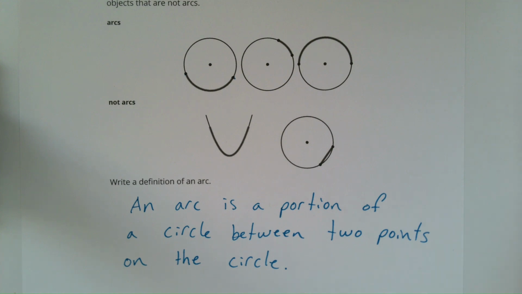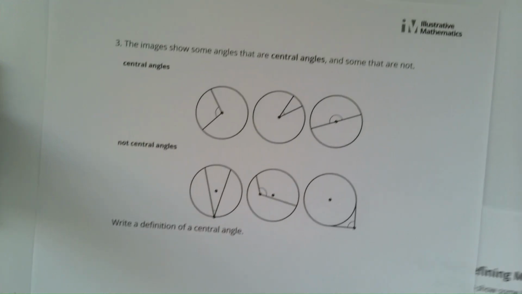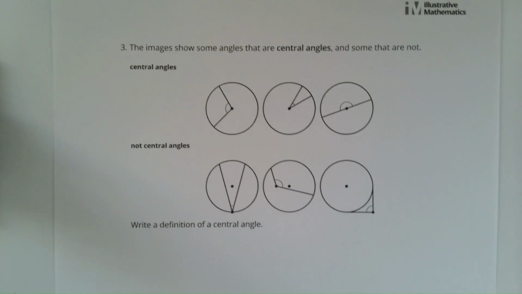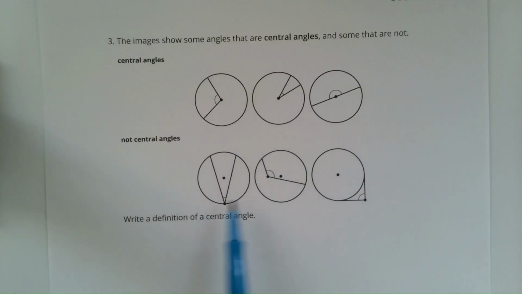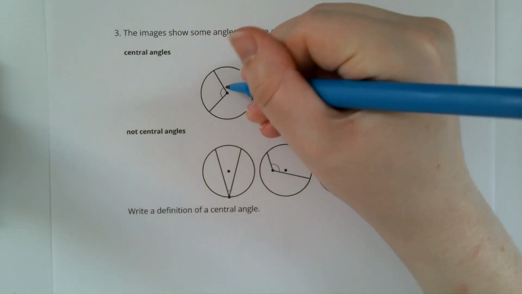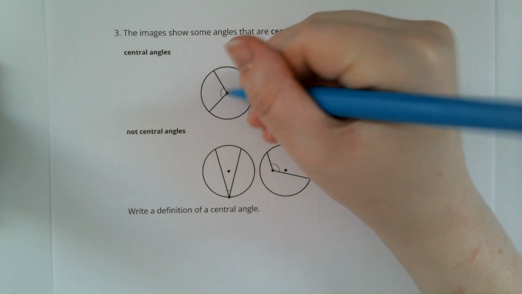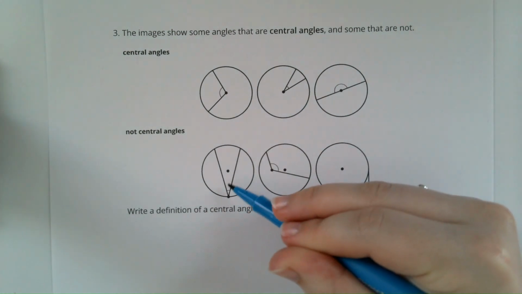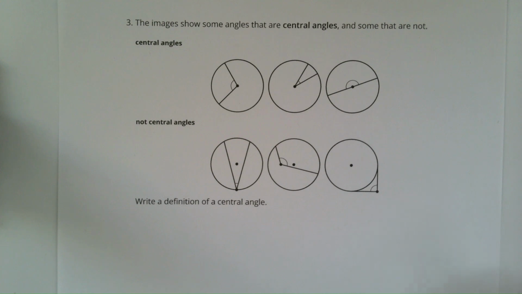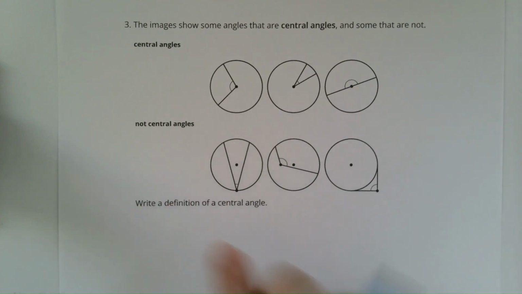Alright, and then we are going to define central angles. Here we have examples and non-examples. The central angle we're looking at is just this angle right here. That's the central angle, and then these are angles that would not be central angles. Again, you can pause if you want. So a central angle,